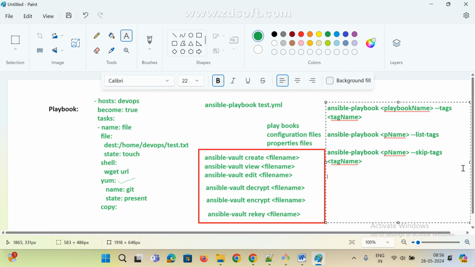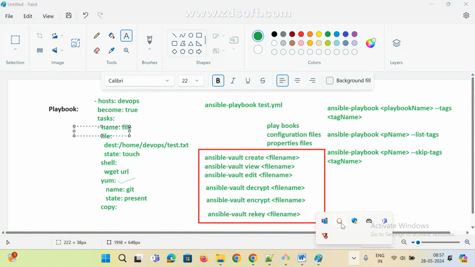I hope you got it, right? Anyone any doubt here? Ansible vault and tags. Clear? Okay, so that's it from my side. Okay, so next class we'll